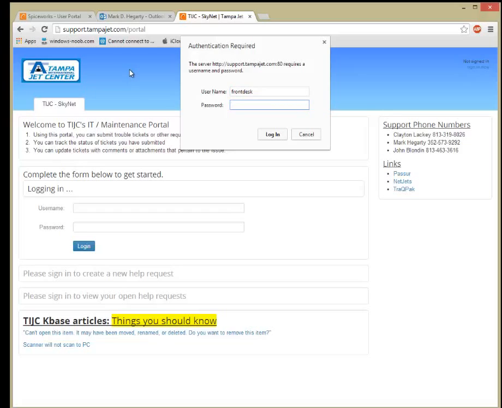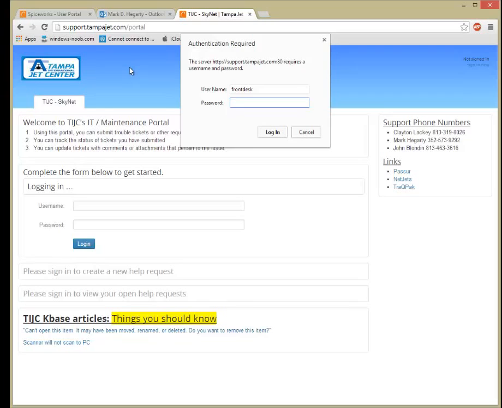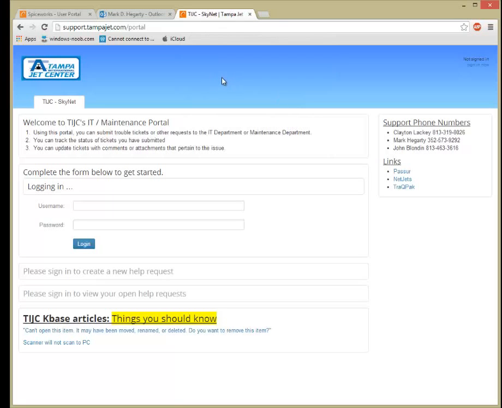You would actually use your own personal information, such as your first initial last name. So if yours happens to be first initial last name or first name last initial, that's fine too. And then you put in the password, whatever your password is to log into Windows, and then you'd hit login. If you're already logged into a computer at work, it will not ask you this. It'll automatically sign you in, and what you would see